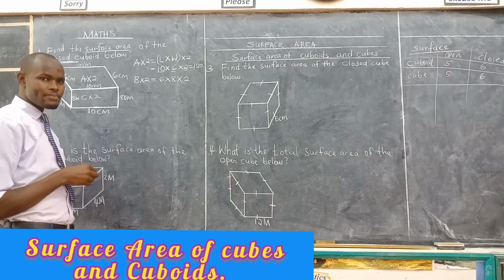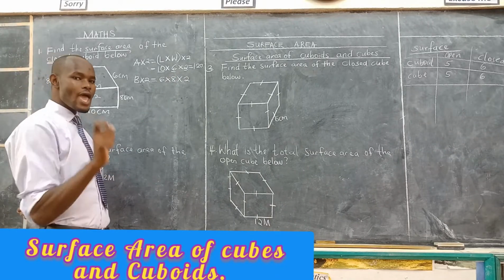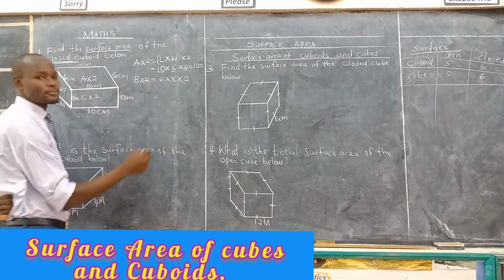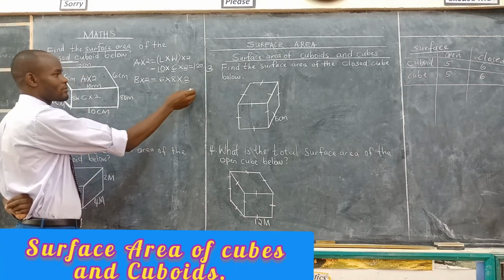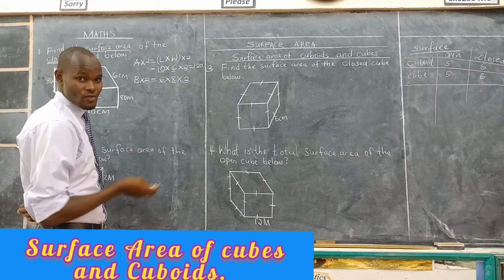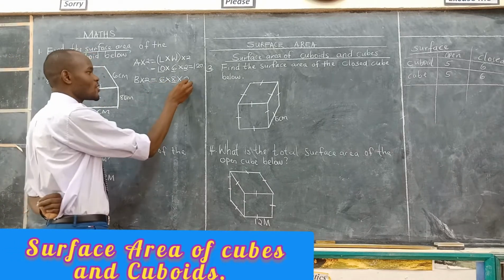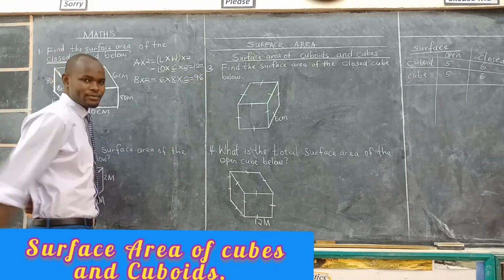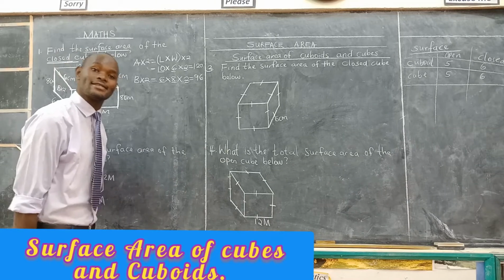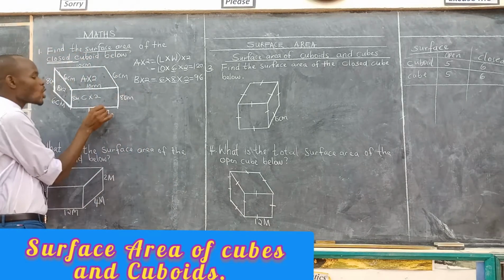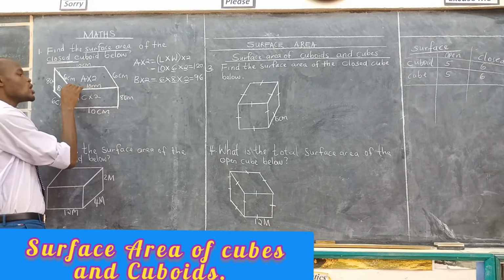Why are we multiplying by 2? The reason is, here we have a rectangle, the other side we have a rectangle. That's why we are multiplying by 2. So 6 times 8, yes, very true, 48. 48 times 2, you get 96 centimeters squared because it is area. Then you go to the other one, which is this